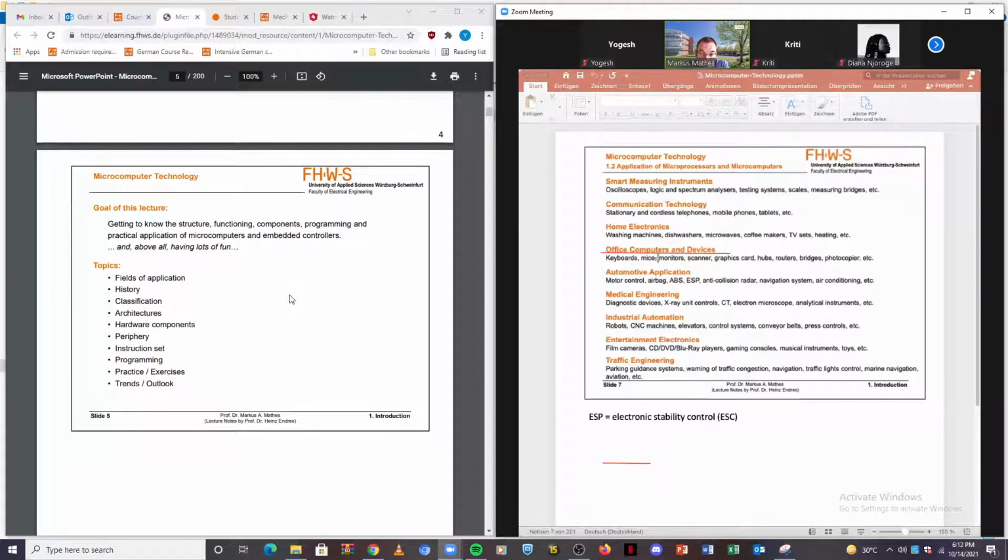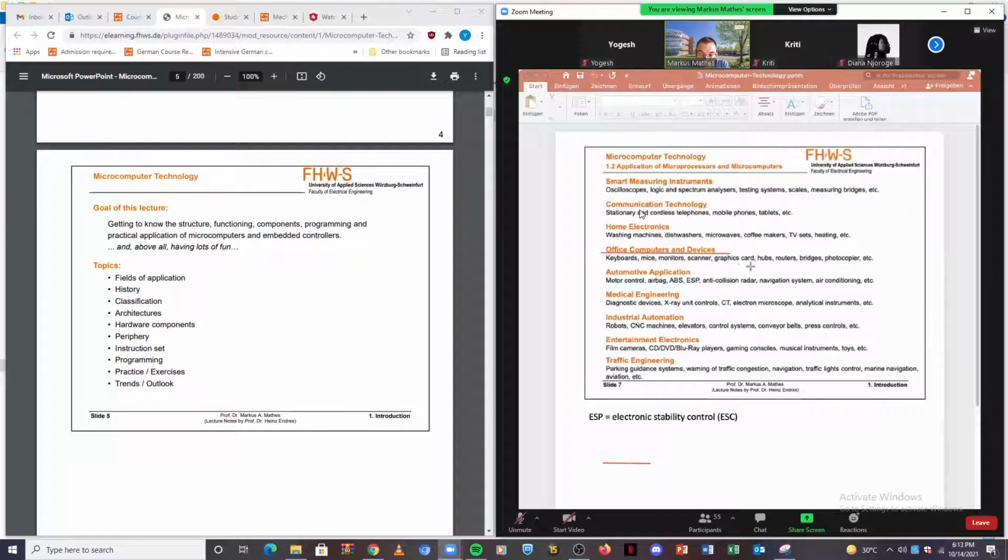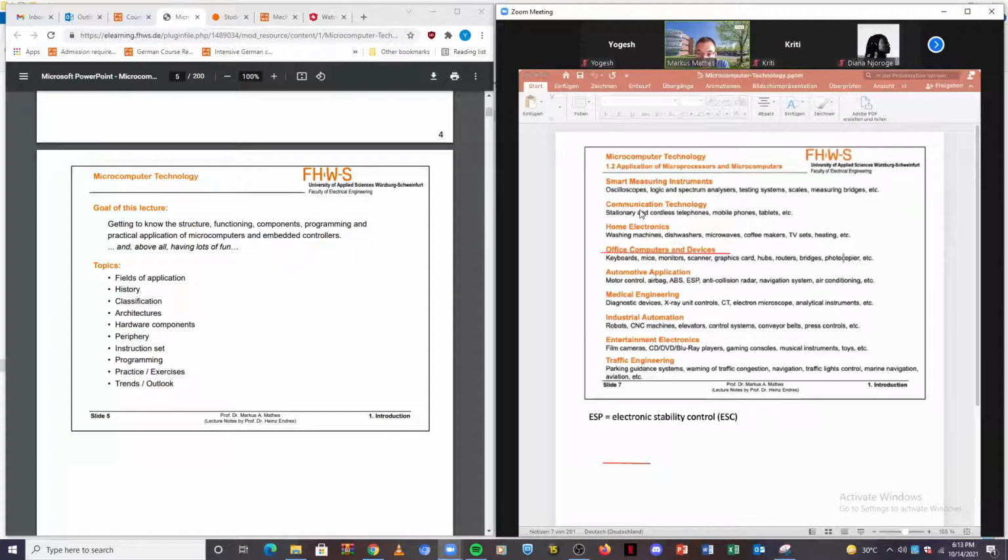This is the most obvious one: office computers and devices. So that's our daily life. You will find these components in your keyboard, in your mouse, in your monitor, in your screen, in your scanner, in your graphics card, in your hub, in your router, in bridges, in photocopiers, and so on. All devices in your office, home office, or at FAWS use some kind of microprocessor, but also your home electronics. There are a lot of